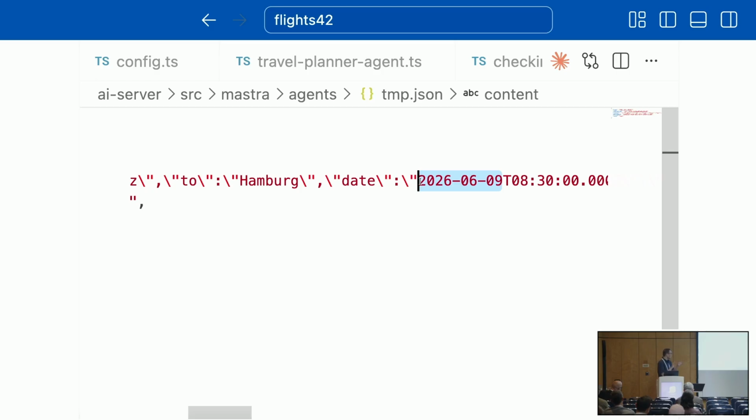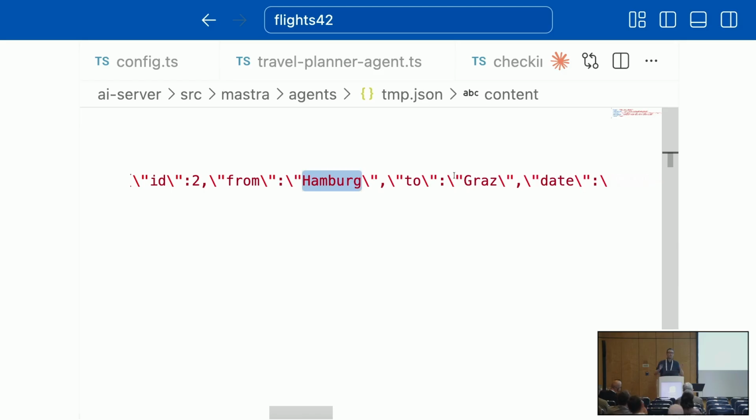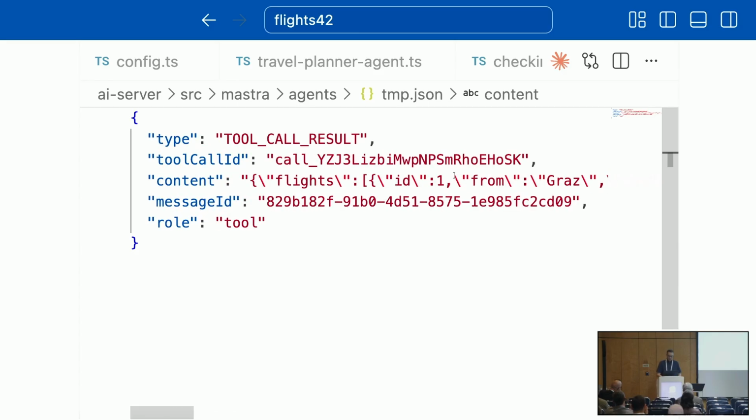And there is another flight that goes from Hamburg to Graz and so on and so forth. So this is the result of the tool call that is sent back not only to us, but also to the LLM, so that the LLM can decide what to answer. So that the LLM can say, yeah, in your 3 future flights, there is 1 flight to Paris.